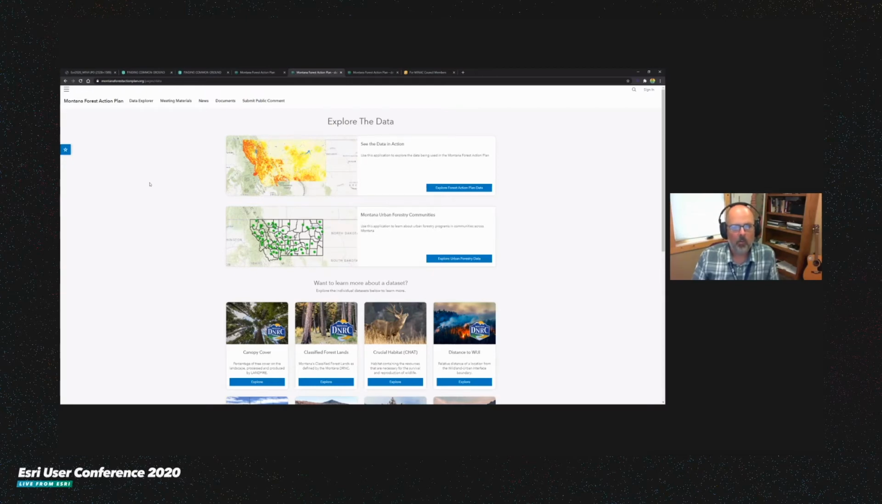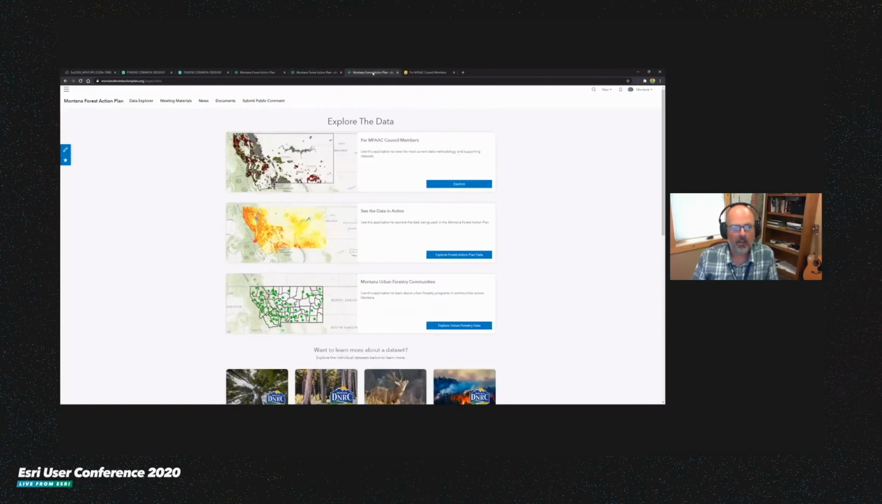And then one really exciting thing is that we were able to utilize the community accounts within ArcGIS Hub to allow the Forest Action Council members access to gated content, again, that would allow them to have sort of information at their fingertips during the council meetings, moving through this process of identifying priority areas on a common operating picture